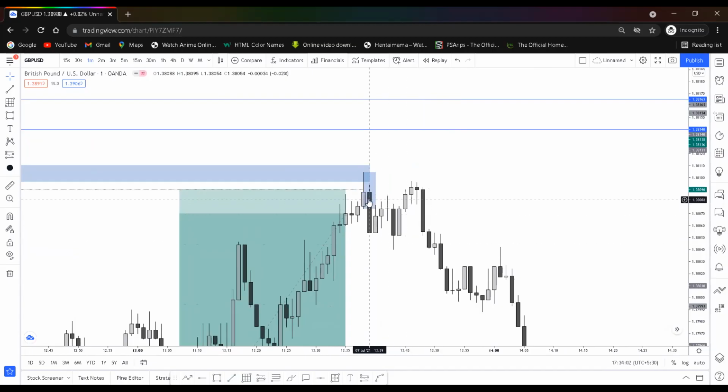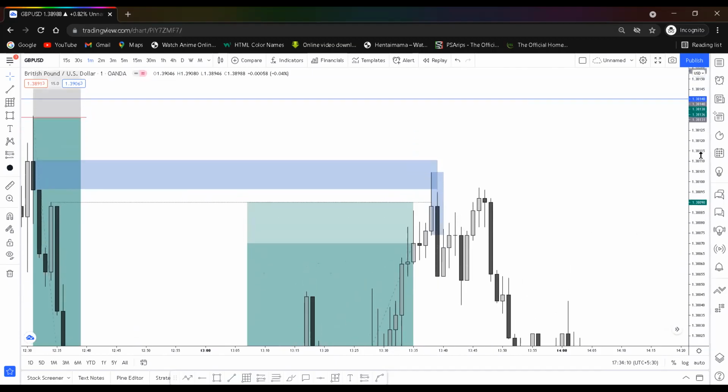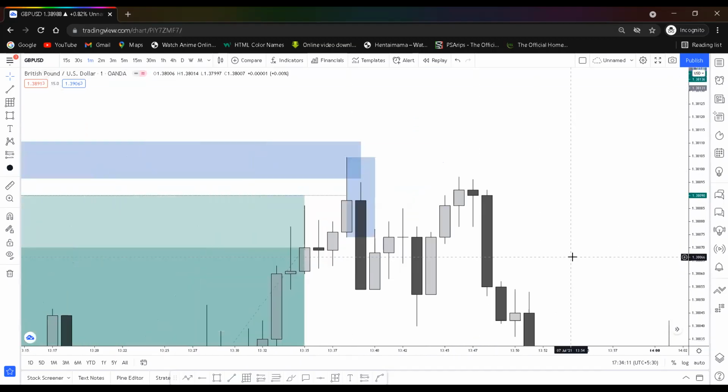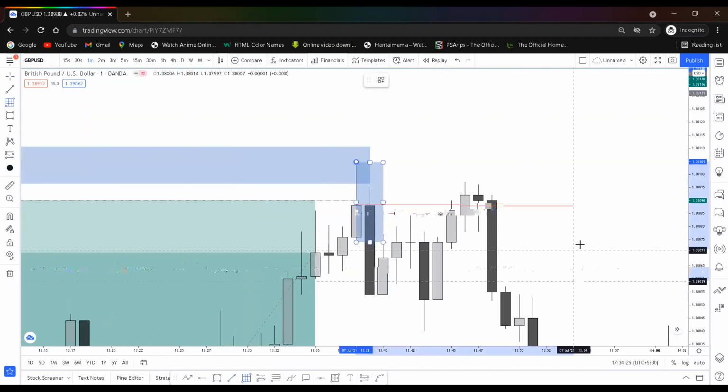Okay, you see now this is a strong one, a very strong one, because you see it got engulfed with one single candle. And then imagine we were on the 15-second time frame. Yes, the inducement once again. You see that a high out of nowhere? That becomes the inducement, and then